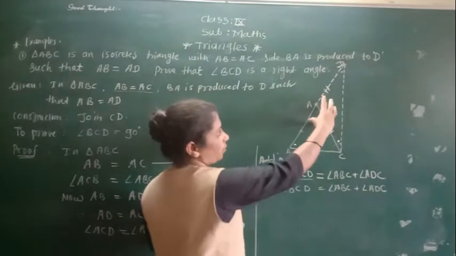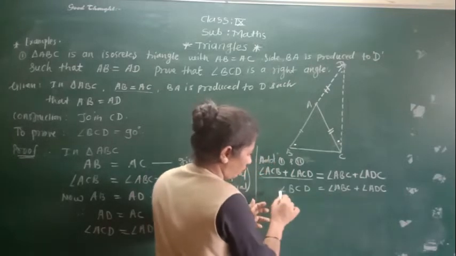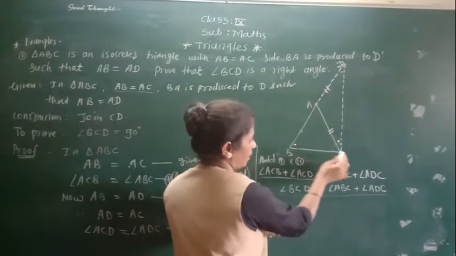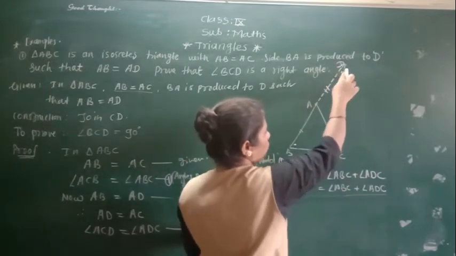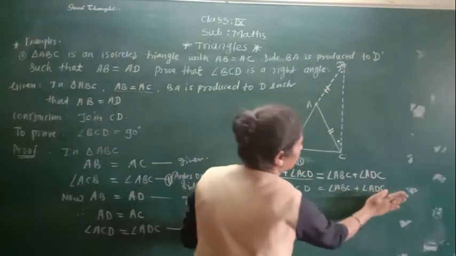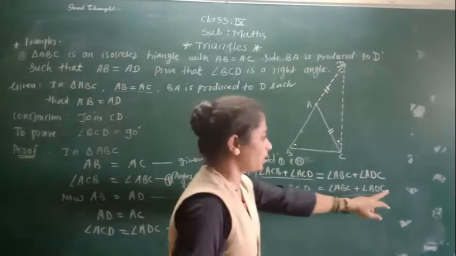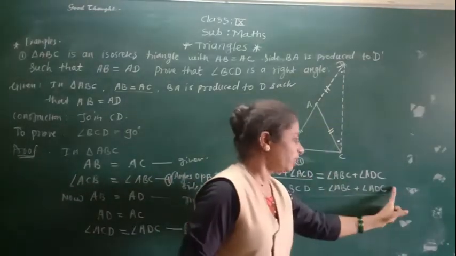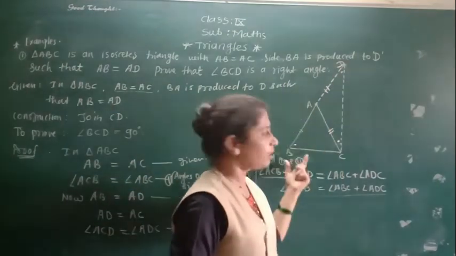So if you think about this total triangle, and about this expression we have got here, angle ABC means this angle, plus angle ADC means this angle. So these two angles are included in this total triangle. Here one angle is missing. Which angle? Angle BCD. Otherwise this total triangle would be there. So we will add angle BCD to this side, so that you will get the sum of all angles of this triangle.